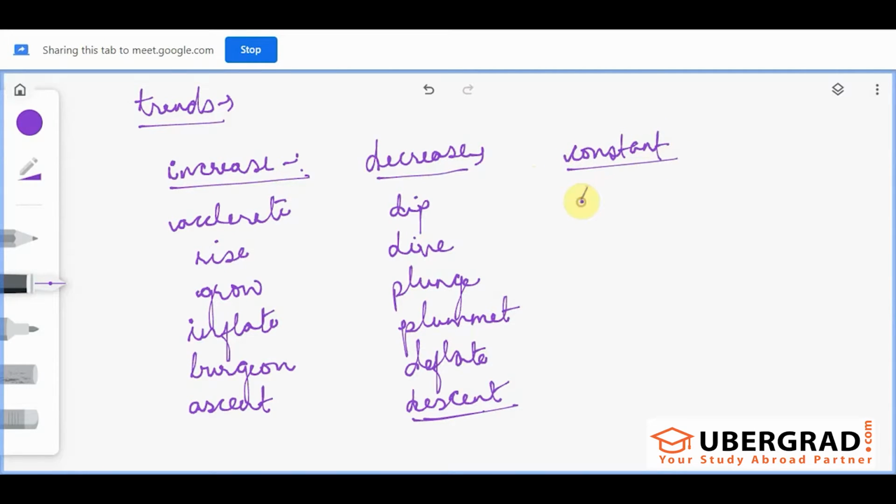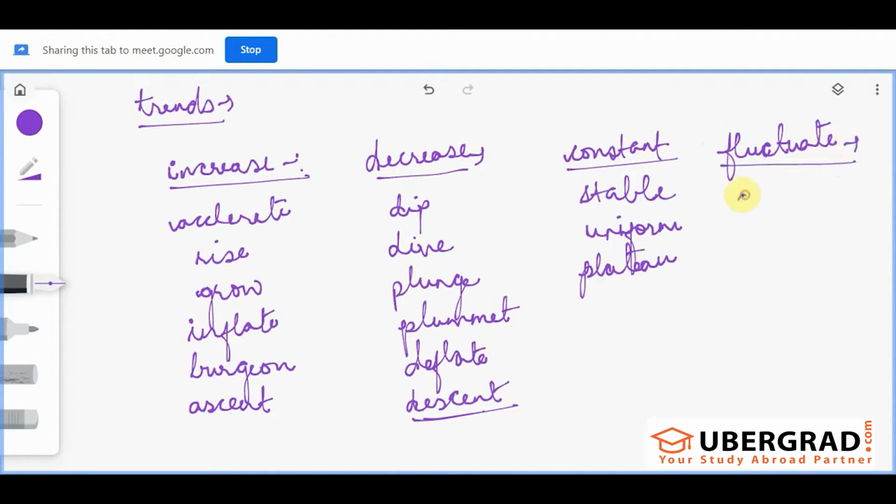So you can use stable, okay, uniform. You can also use the word plateau for that. Next is when it fluctuates. When there are a lot of ups and downs, what are the words that we can use? For fluctuation, there are few words such as, first of all, you can use this word fluctuate itself. Then you can use oscillate, and you can use vacillate,